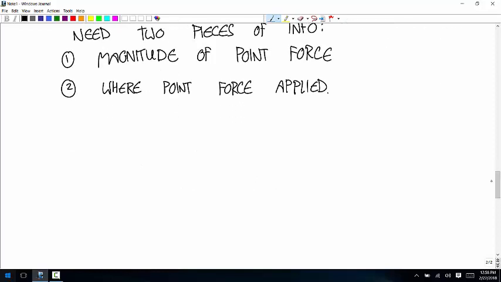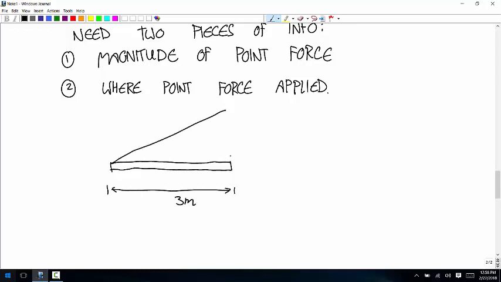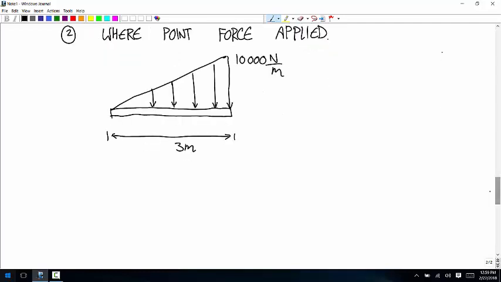Okay, so let me make up an example. Let's say we have a beam with a length of 3 meters. And let's say that the distributed load has a triangular shape. And at the maximum, let's say that that's 10,000 newtons per meter. And I'm going to calculate the magnitude of the point force and the location where we'd have to apply it in this case. So first, the magnitude